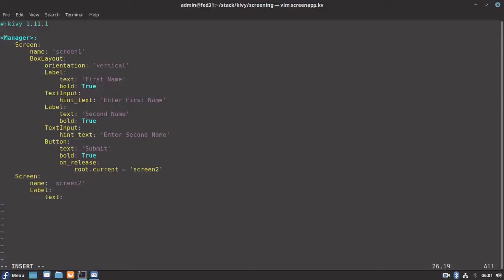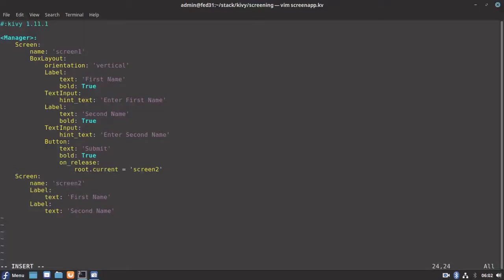Text as first name for the first label, and the second label with label name second name.